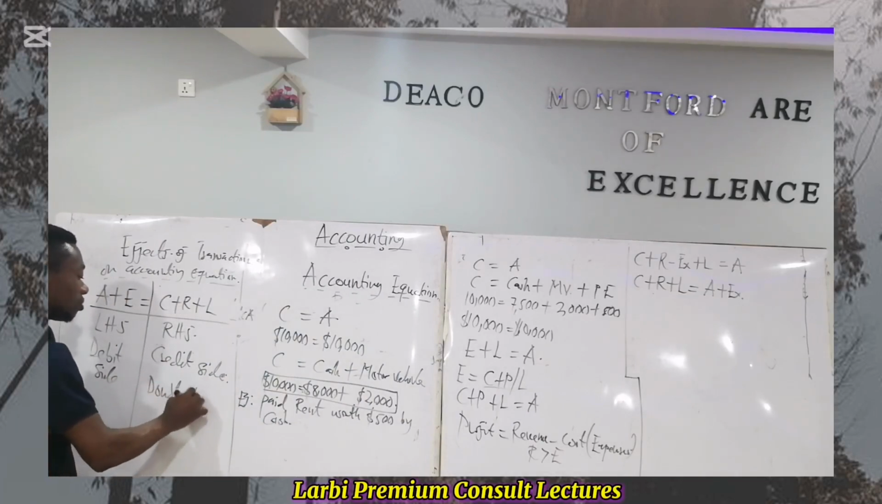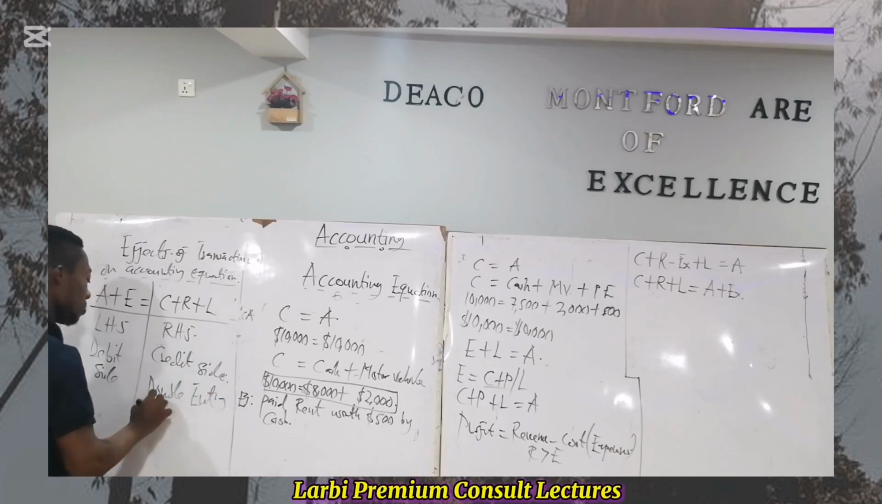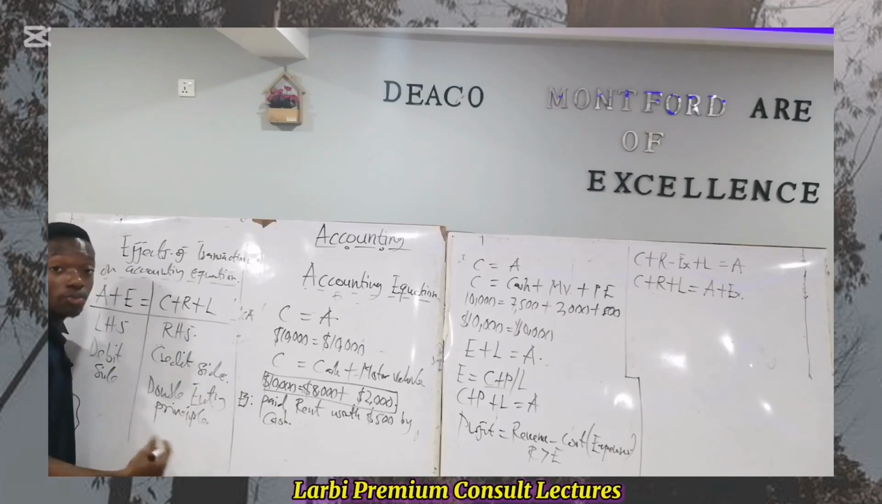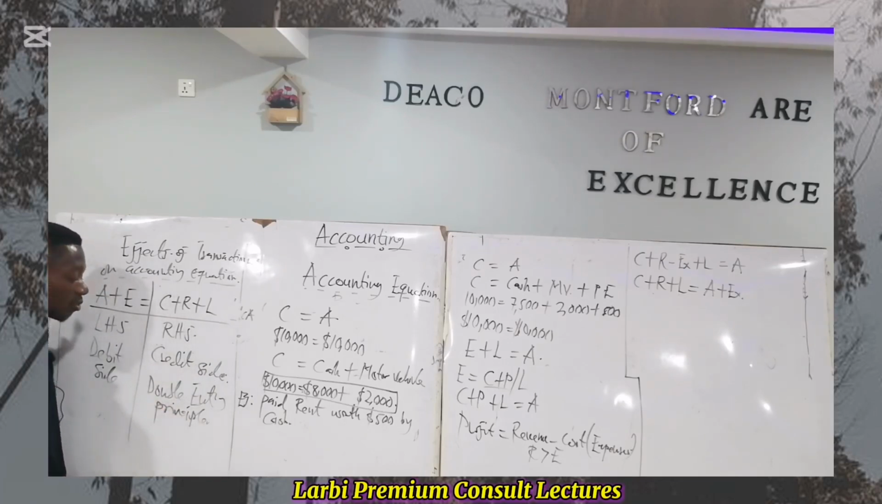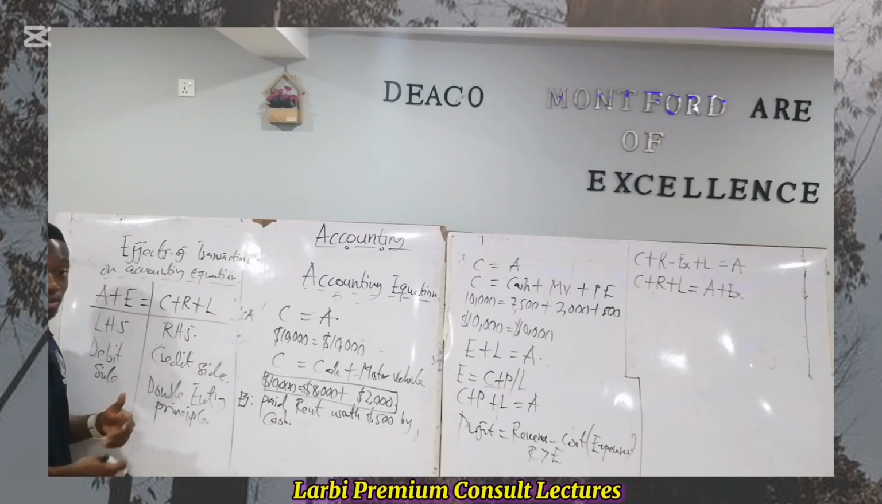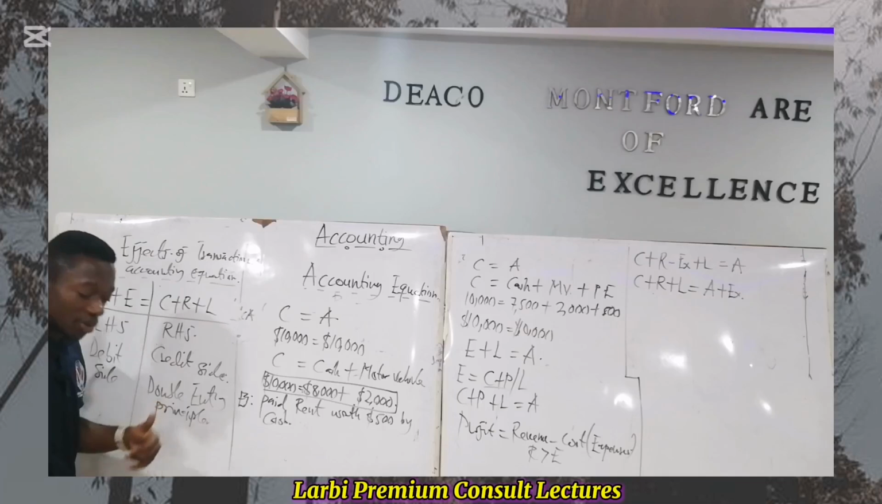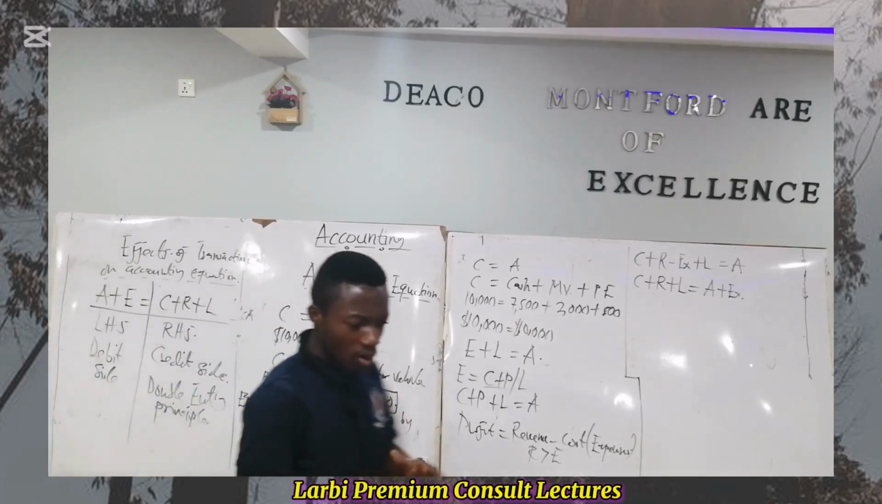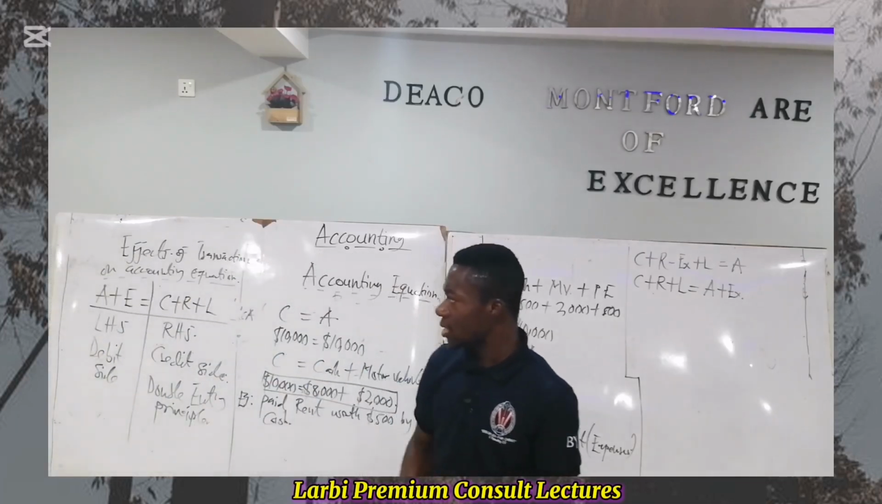The double entry principle, others will call it the golden rule of accounting. It's the basis of recording of business transactions, which says that every transaction must affect the books twice, having the debit side and having the credit side. So note that all assets and expenses have the debit balance,